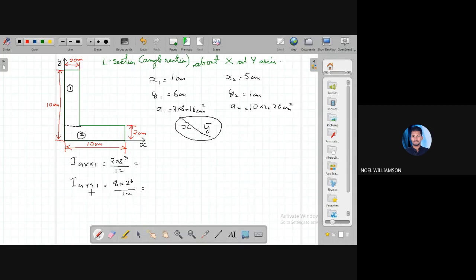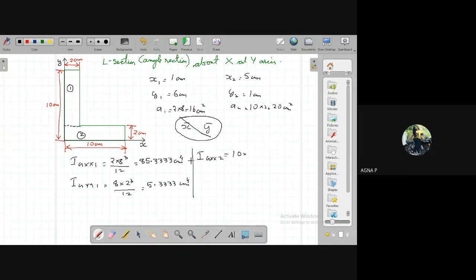So this is 85.3333 centimeter raised to 4, and IGYY1 is 5.3333 centimeter raised to 4. Now similarly, IGXX2 for the section 2, it is BD cube by 12, that is 10 into